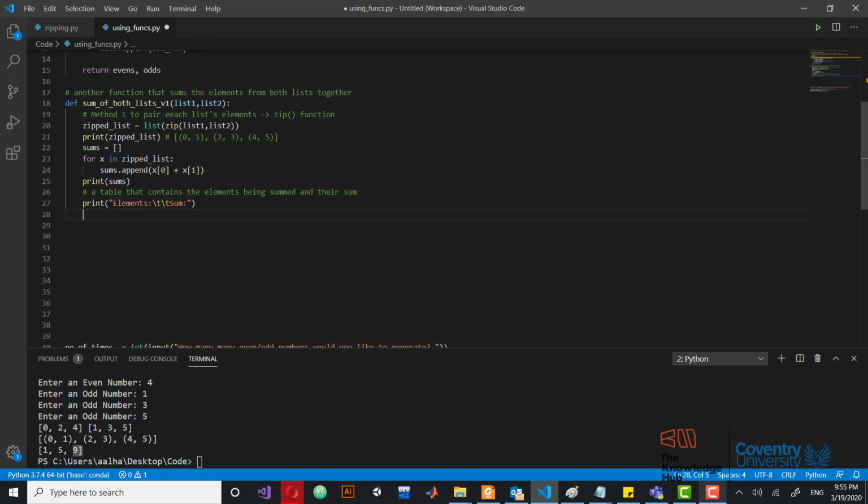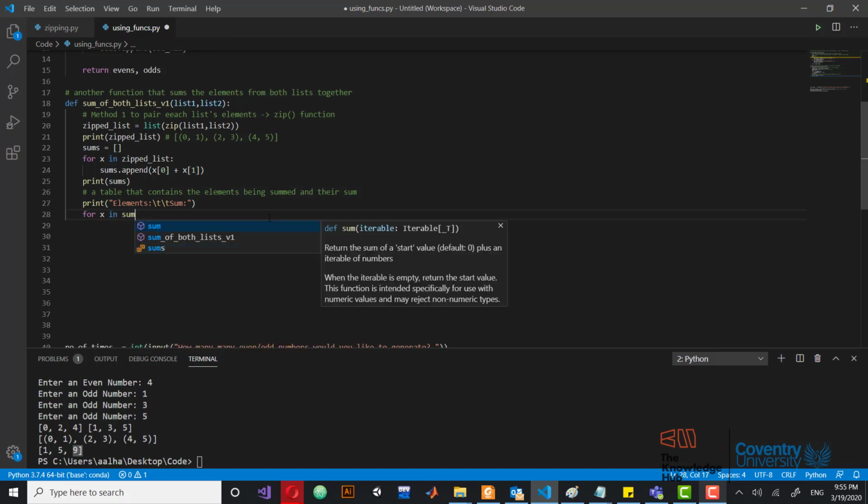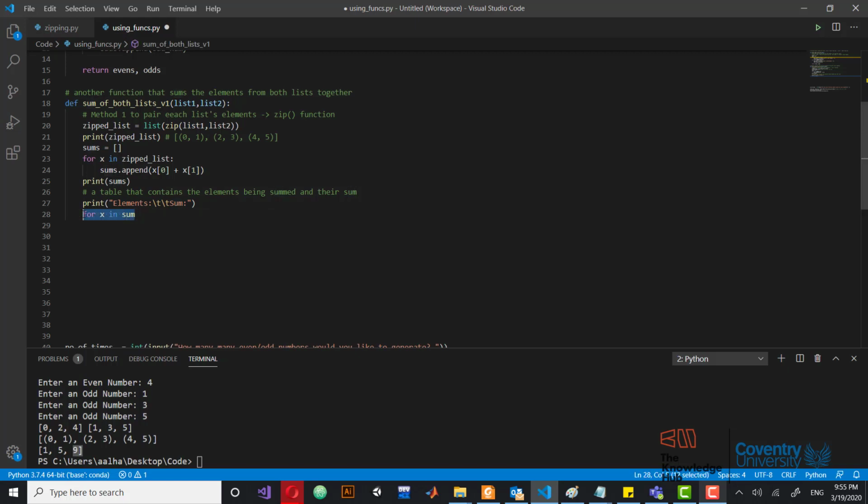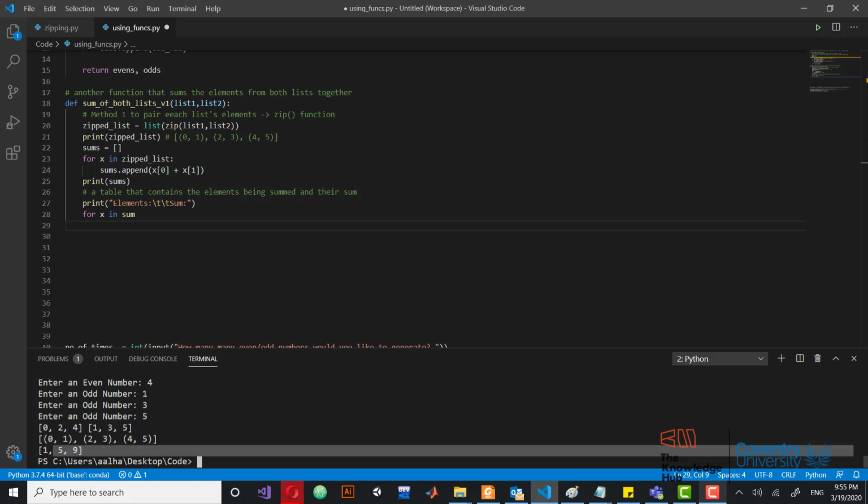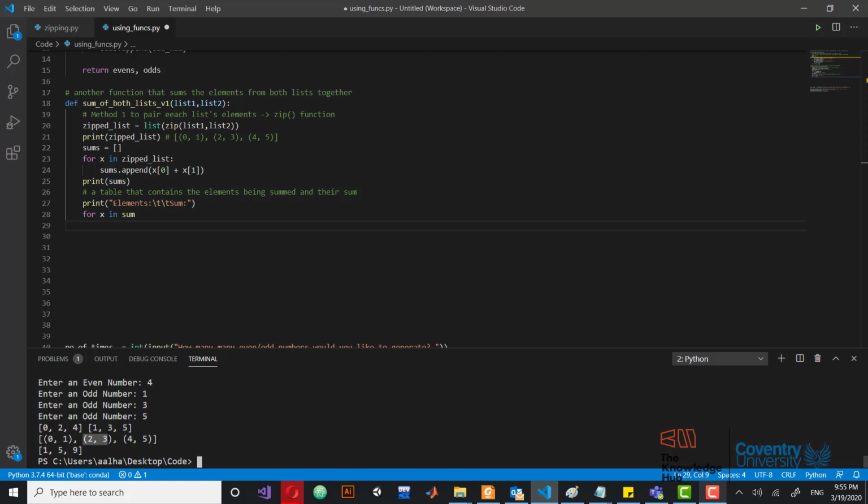Okay, so we are going to say for xn sums, for example. Now you should think about the for loop here. You want to create a table, and this table will contain in the first row this double in a column, and the column next to it in the same row is going to have 1. The next row is going to have this double, and the column next to it of the same row